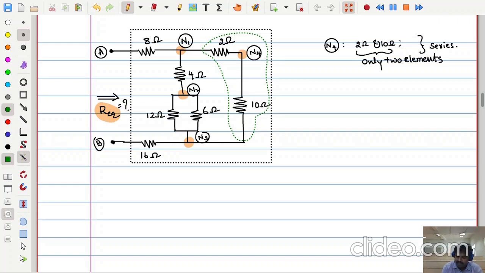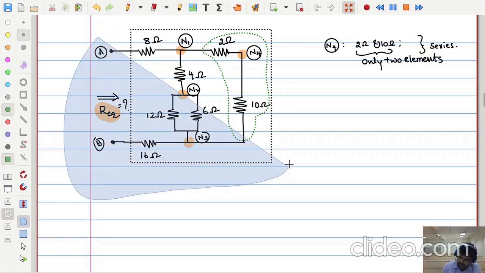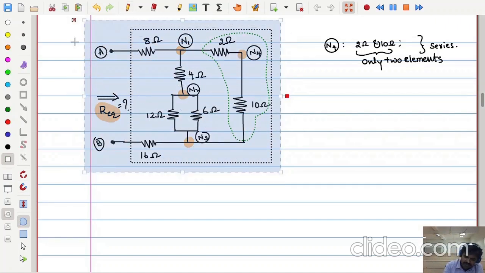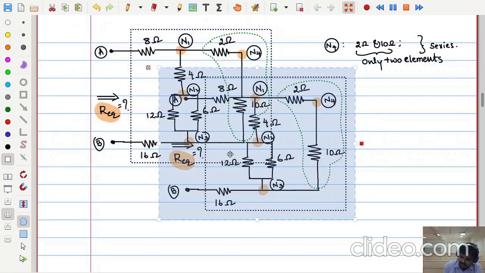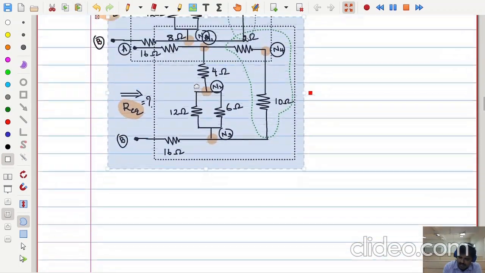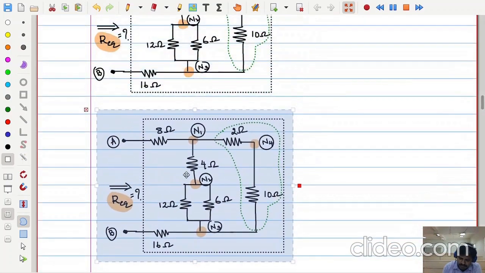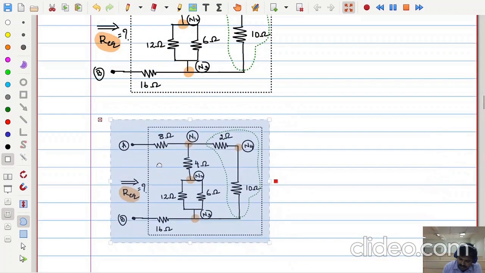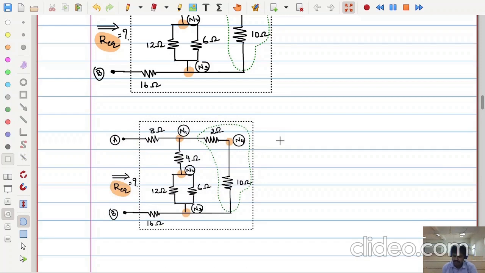Now inside this small green color box, how much is the equivalent value? That we need to make in one step. First, this is the best way to determine the equivalent value. So first what we do is we try to see what the simple nodes are and we try to replace the corresponding element values by their equivalent. When two resistors are in series, how much is its equivalent?